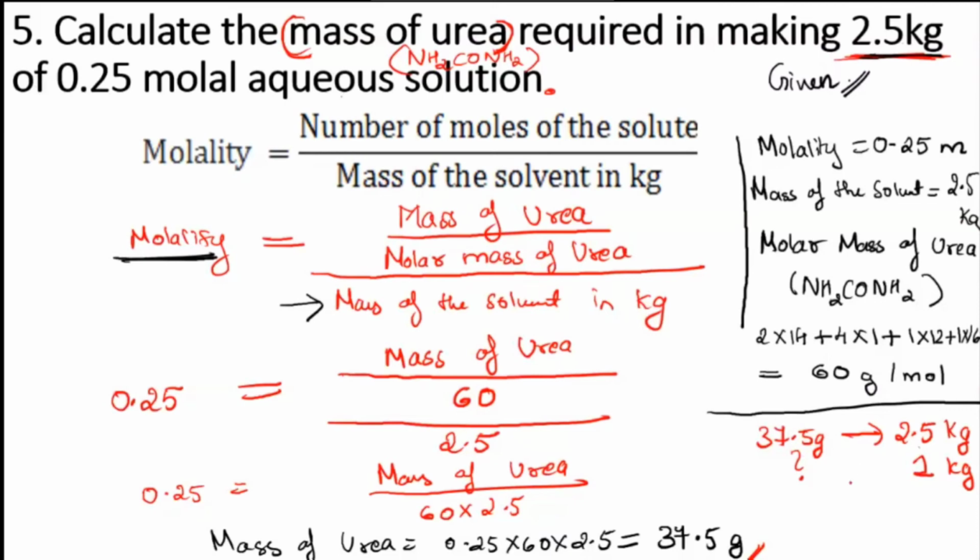15, no? Yeah, now you will get 15. Yeah, now you get 15 grams. So that means if you want to dissolve and make 1 molar solution, it should be 15 gram. But now we are not making 1 molar, no, we are making 2.5 kg. Okay, so the question given to us is this. So your answer should be 37.5. Okay, I hope I clarified your doubt because you have asked me 15 gram is the answer. That 15 gram is for 1 kg. Okay, we'll go for the next one now.